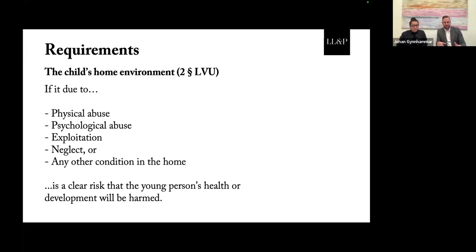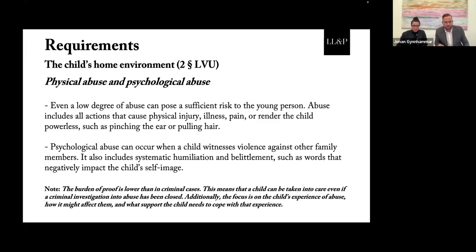So basically, the law is that if it's due to either physical abuse, psychological abuse, exploitation, neglect, or any other condition in the home, it's a clear risk that the young person or the child's health or development will be harmed, then LVU can come into effect and it can be relevant to remove the child from the home environment. And I'm going to further develop a bit on what these different terms mean when it comes to this law,